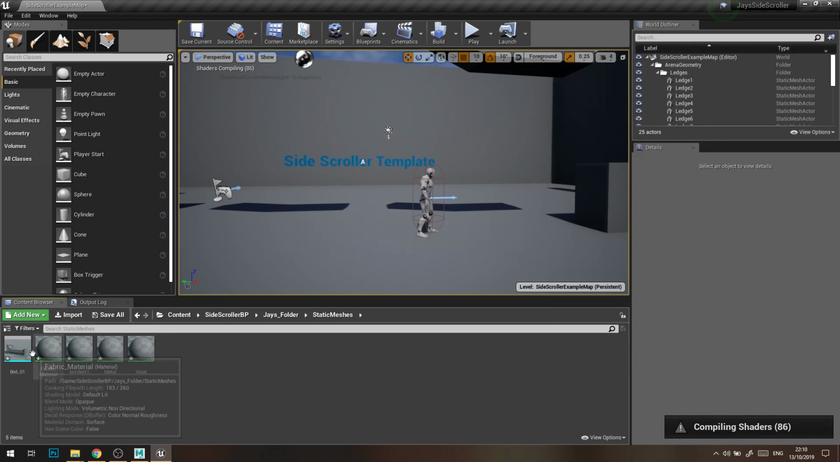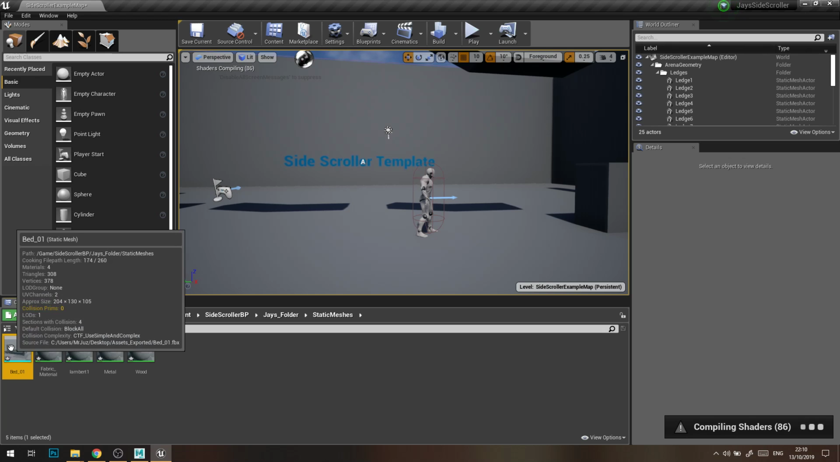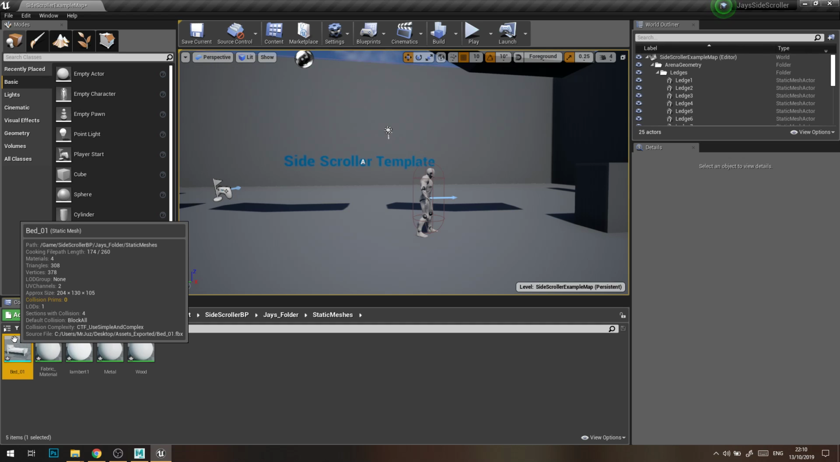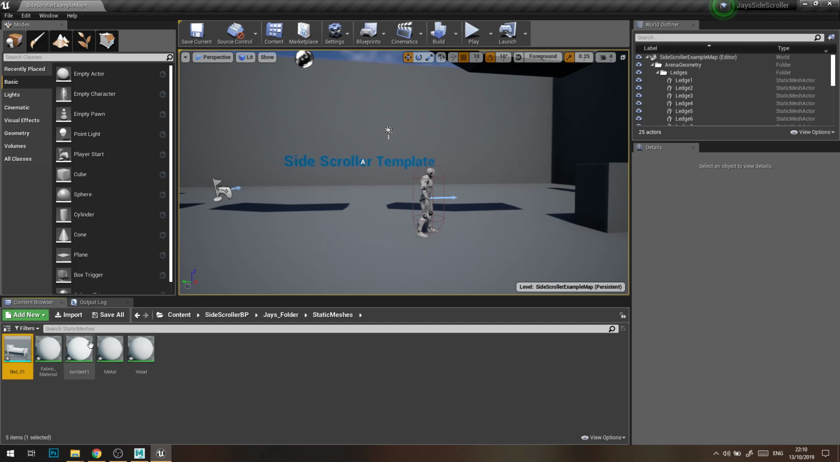Okay, so straight away we can see when the assets come in, hovering over it, just next to bed 1 in the details tab that's popped up, we can see it's labeled as a static mesh, which is what we've named our folder. And more importantly, next to it, we can see all 4 materials that were assigned to the bed. So if I drag this out into the scene,